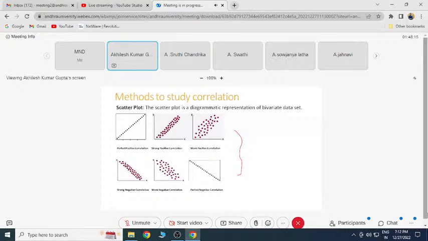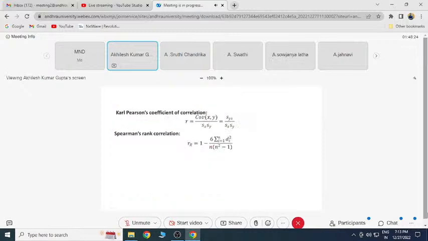So these scatter plots give you the idea which type of relationship you are getting, but you will not get any quantitative value like the correlation coefficient. So we'll have to study two types of correlation coefficients: Karl Pearson coefficient of correlation and Spearman's rank correlation. And one more thing is there, non-parametric Kendall's tau. Again, we'll see in R how you can calculate both these coefficients one by one. So first you'll see Karl Pearson, Spearman, and Kendall's tau.